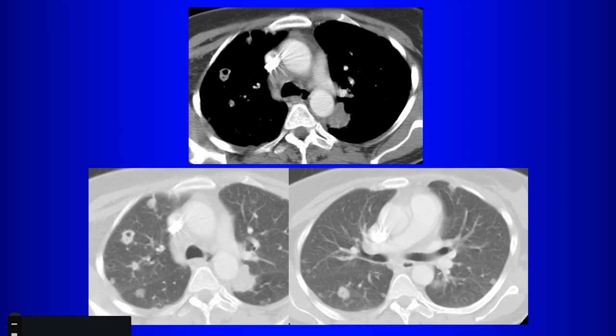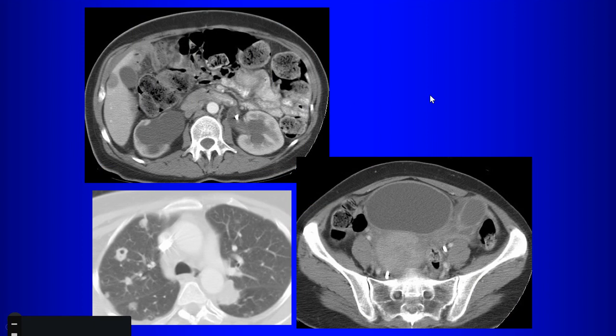So septic emboli is in your differential. Anything else in your differential? Vasculitis. Vasculitis like? Yeah, so Wegener's or GPA now. Anything else? Well, let's look at some more images on this patient. So we have bilateral lung nodules, some of which are cavitary, and some images through the abdomen and pelvis. What are the findings there on those images? Hydronephrosis. Yeah, so there's bilateral hydronephrosis, and then in the pelvis,